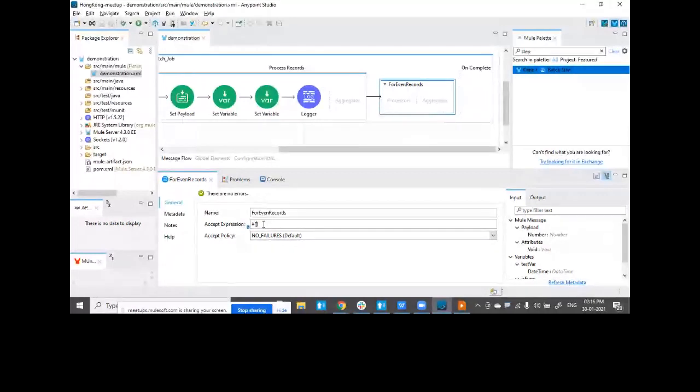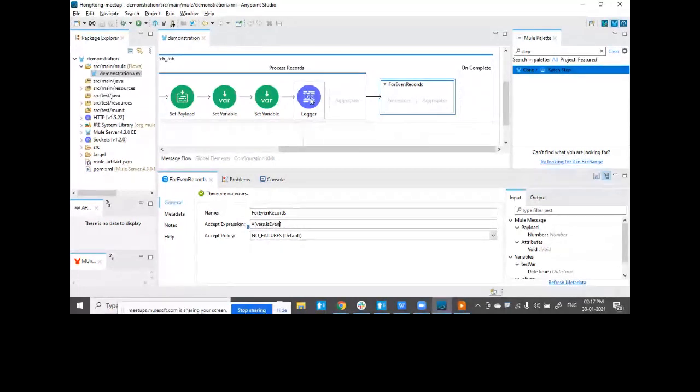I'm simply writing vars dot isEven. So for every record, it will check what is the value of the variable isEven. If it is true, it will go inside this for each record.